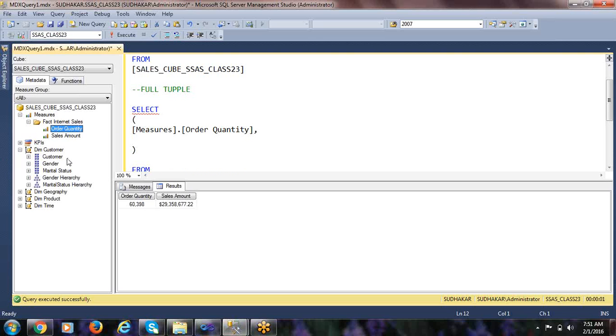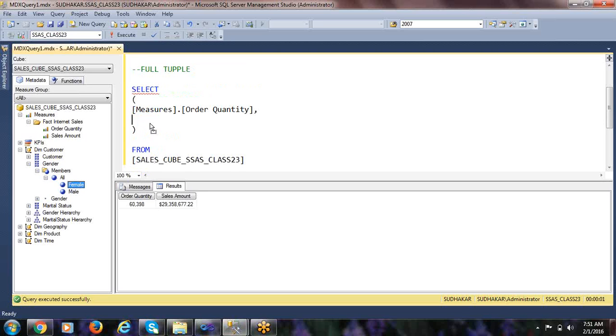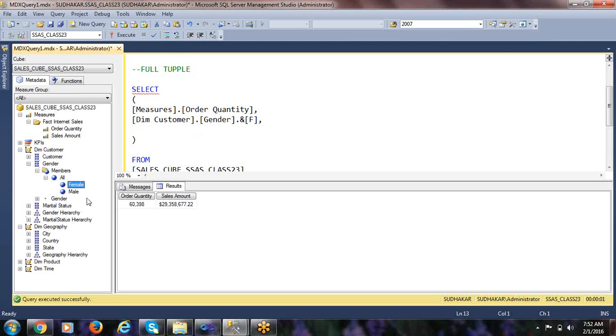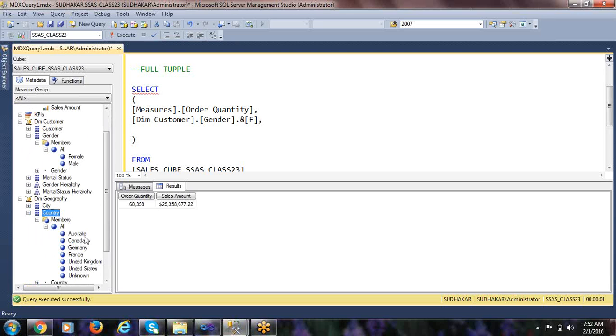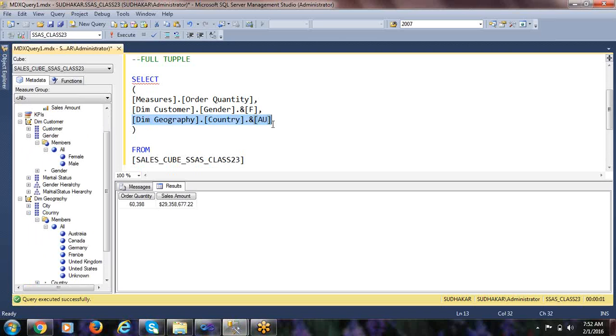Now go to the first dimension, that is dim customer, and from dim customer I will go to the gender and I will go to female members. I have selected female members. Okay, at least one attribute member from each and every dimension. So dim customer covered. Now go to dim geography. Under dim geography, I will go to the country attribute. Under country attribute, I'm going to take the Australia data,